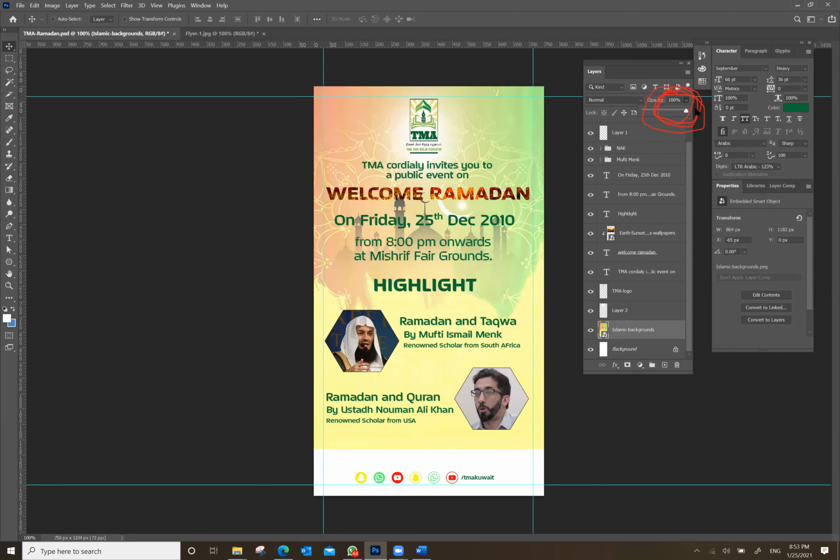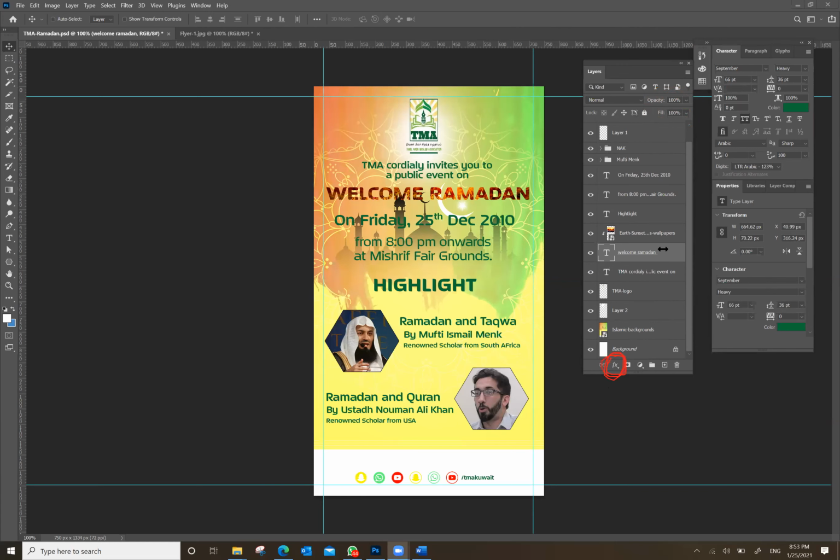If you don't want to compromise the brightness and the color of the background, it's okay. So what you can do, go to the welcome Ramadan text. I showed you one time, whenever you are on top of a particular layer, there is, let me annotate and show you, this FX layer icon. You always remember this guy.